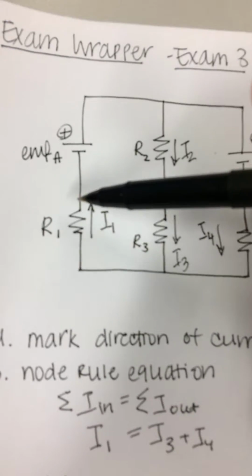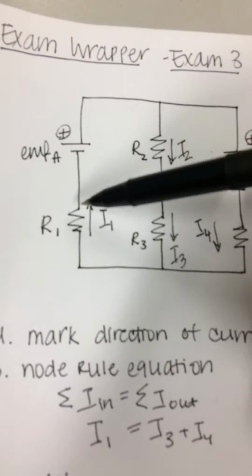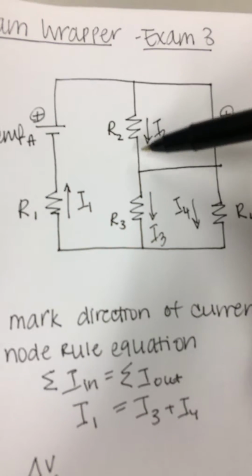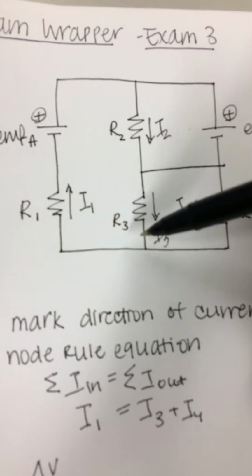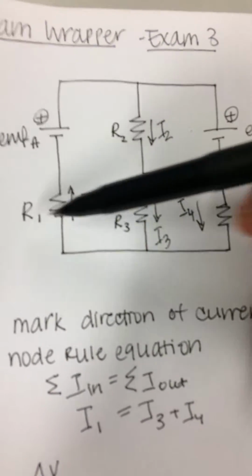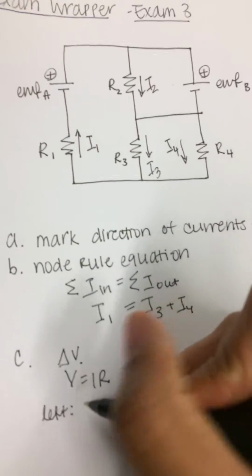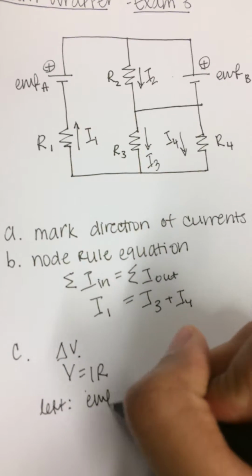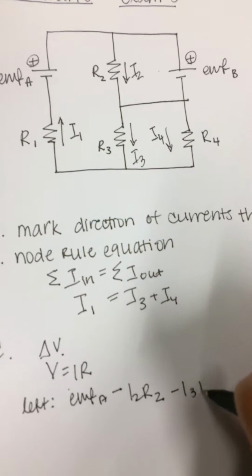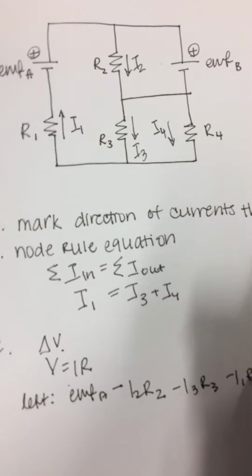For the loop rule equation, you can start at EMF A and go down. So minus I2 R2 minus I3 R3, and back to EMF A. So it would be minus I1 R1 as well. So for the left side, it would be EMF A minus I2 R2 minus I3 R3 minus I1 R1